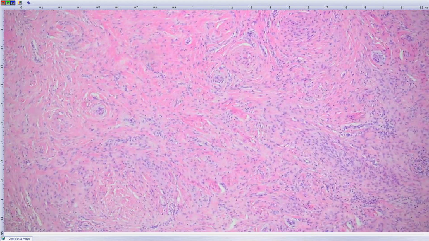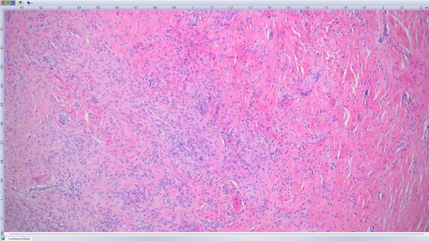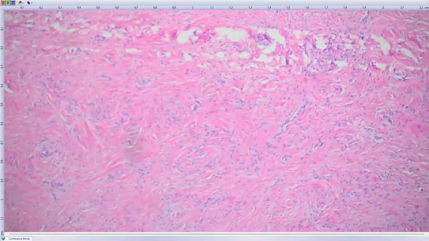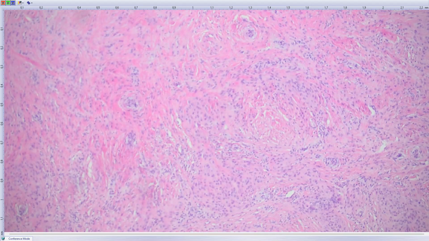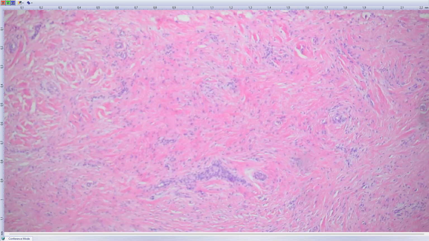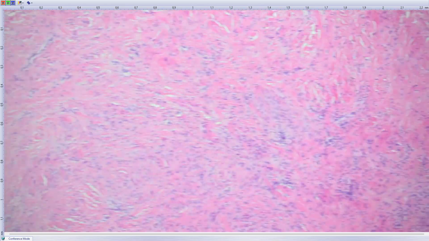So another section. I'll try to find some better looking areas, but I think the first section I showed was the best. Anyway, so again, I would start with the basic IHC panel: S100, EMA, CD34, cytokeratins, but also because of the location on the finger, well circumscription, and those large epithelioid cells, which were otherwise very bland, I would add